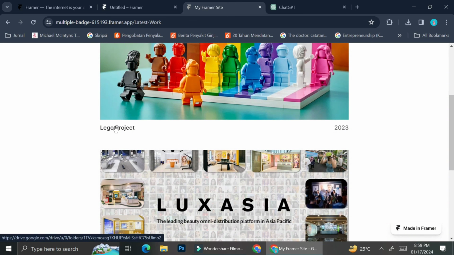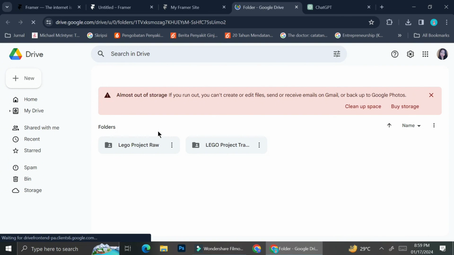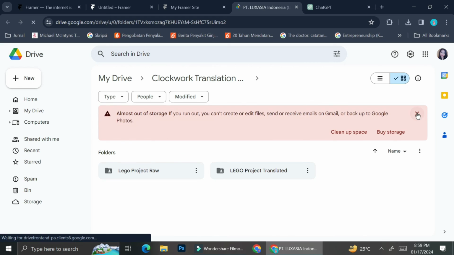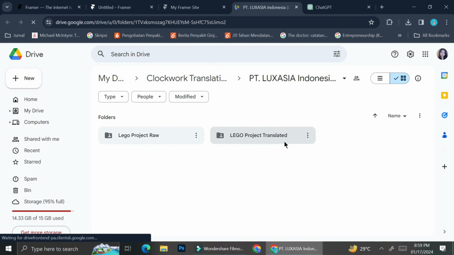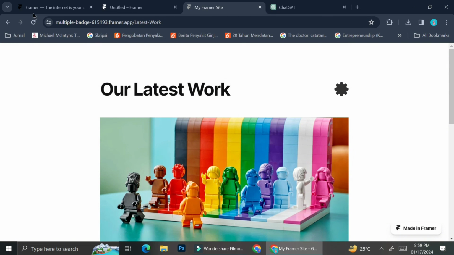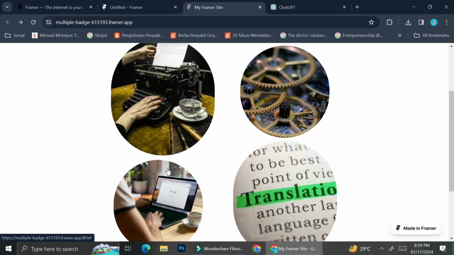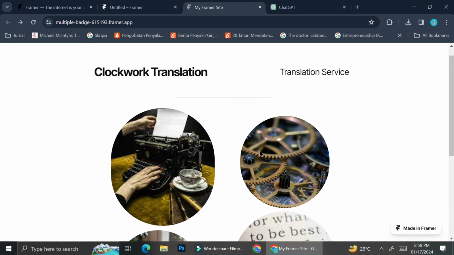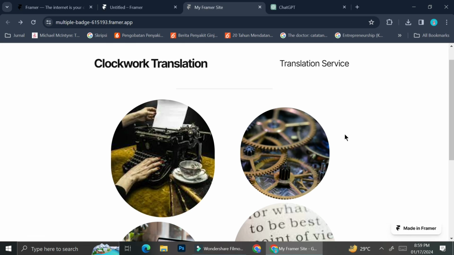And the last thing that I'm going to show you is how the link works. As you remember, I put a link on one of the wordings, which is the latest project one. I added a link to each one of the project names, and as you can see, when I click on the project name, it's going to redirect me to a new page, which is the Google Drive of my project. And that is how you can create your own portfolio with